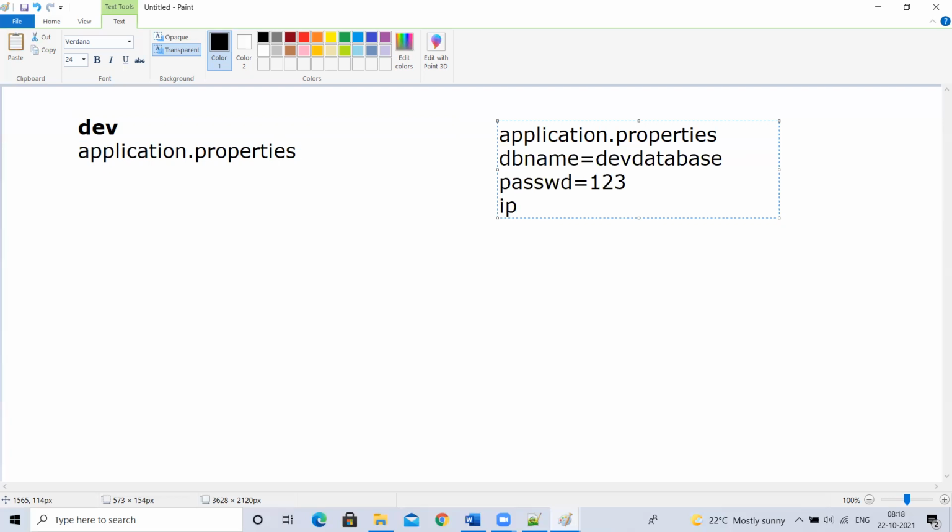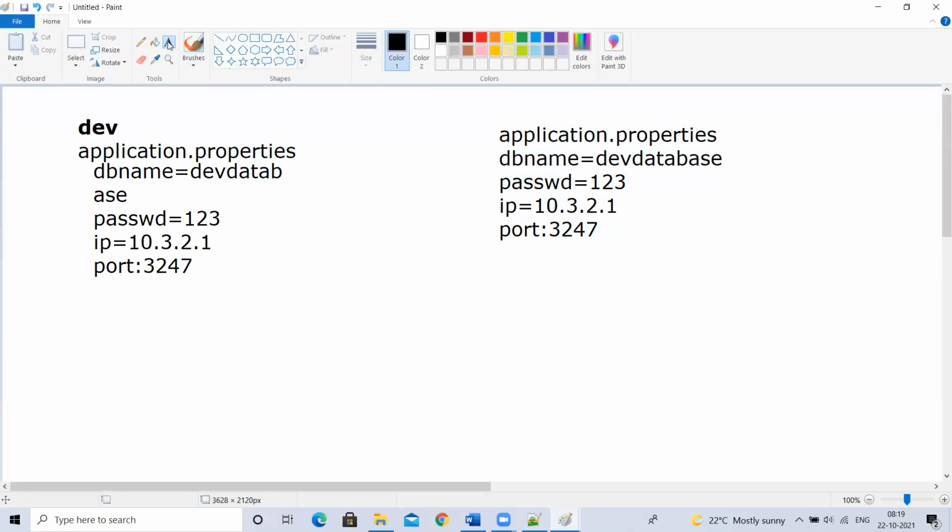IP or host name equal to something like n.3.2.1. Port equal to 3247, something like this. I'll write these details inside this property file.